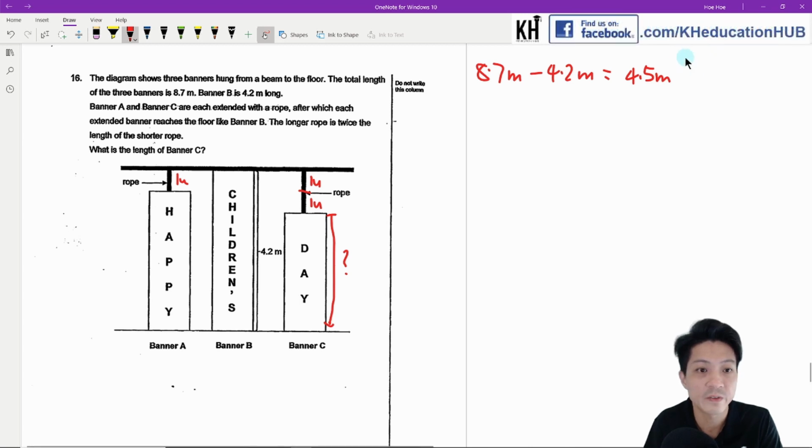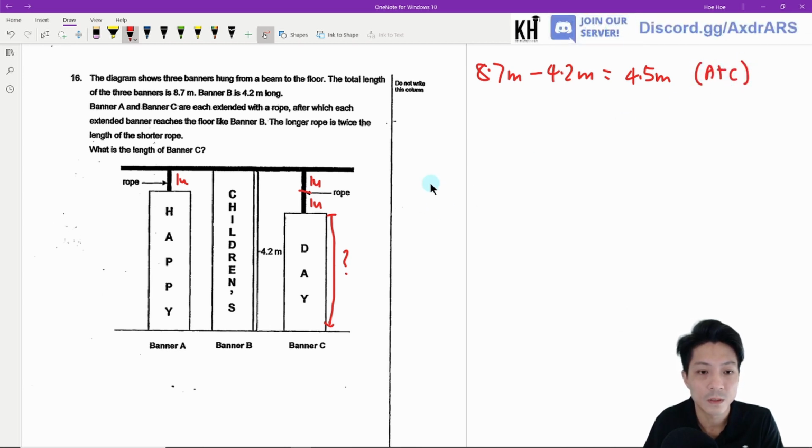This 4.5 meters is banner A plus C. So we know that